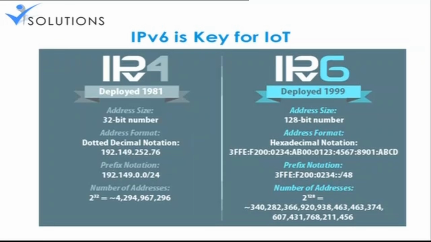Serve for 2 power 30 addresses per individual in the entire world. Okay, that's huge in number. Trust me, that's a very huge number. So that's the actual advantage of going for IPv6 over IPv4. Right now we are sticking to IPv4, but in future we have to move to IPv6 at any cost. If this IoT is going to happen practically, it has to be IPv6 only.